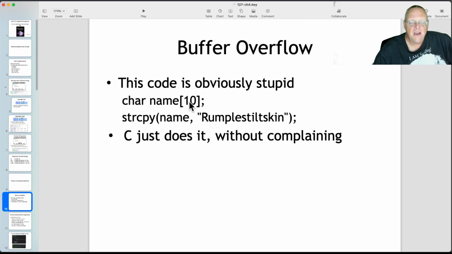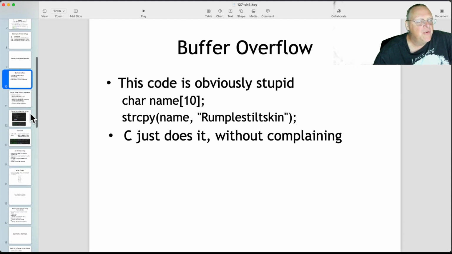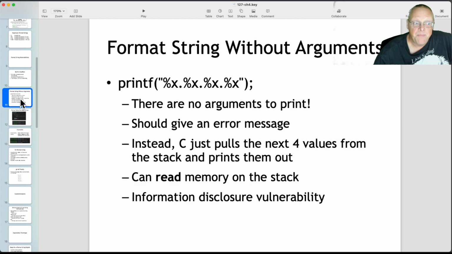If I make a variable that has room for 10 characters and just put in more than 10 characters, C just does it, because when it goes down to the string copy command, it has forgotten the command that came before. It doesn't remember how big this should be. It just trusts you. Well, start here and put in that many characters. It is the programmer's responsibility to realize that it will put too much data in there, and you have to keep track of that. That's the reason why we have all these flaws in C. It puts a lot of burden on the programmer.